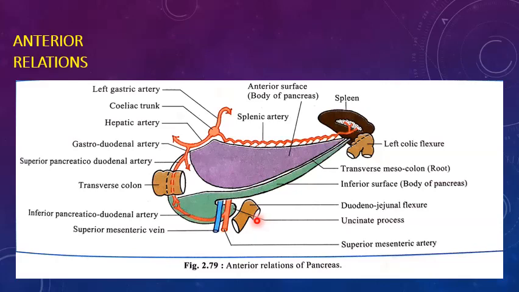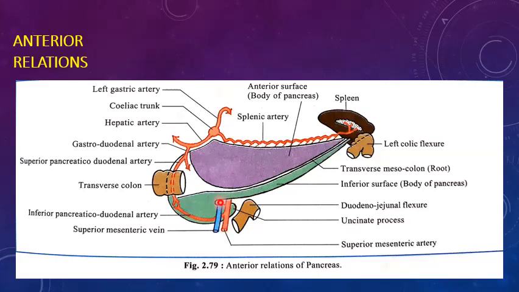Other parts of the small intestine are jejunum and ileum, right? So all the folds of jejunum and ileum you will see like this, anterior to the lower part of the pancreas. So this surface is peritoneal, covered by the inferior layer of transverse mesocolon, and it is related to the coils of jejunum.